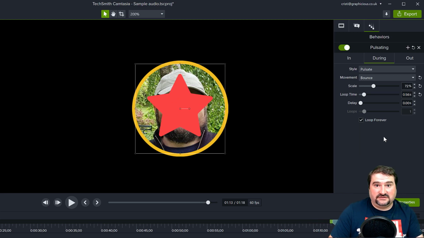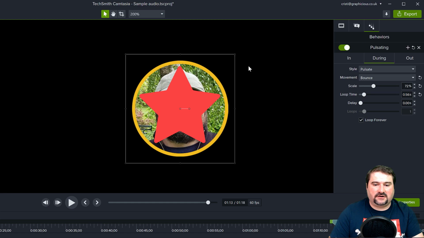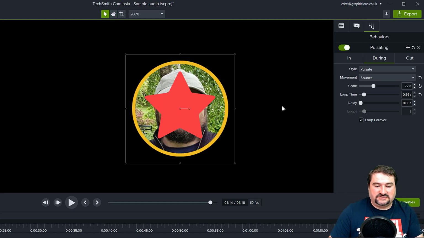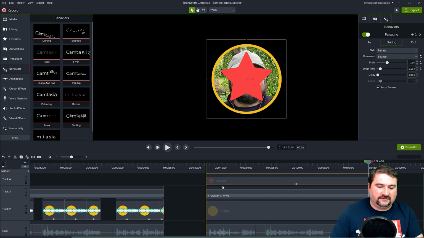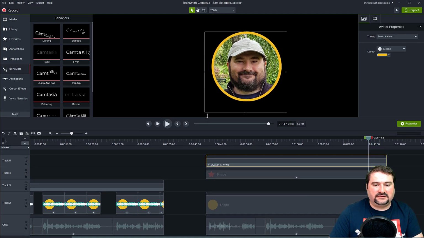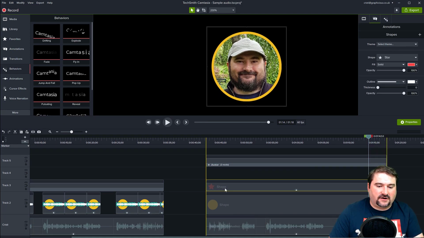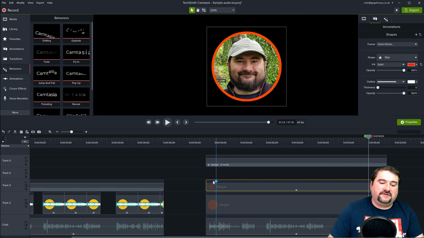Okay, I know this is getting crazy now, but what I can do is just make it a bit larger because I want it to start here. Okay, this is one animation, so one star. This is boring. If I move this just below everything else, let me move the avatar to the top. I'm going to make a little more room there. So this is the star and the shape behind it. I'm going to make the star red, so these are both red now.